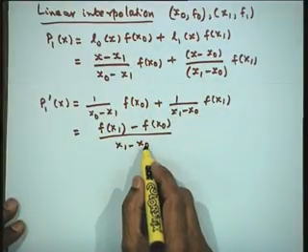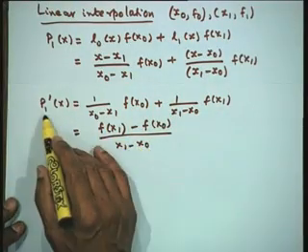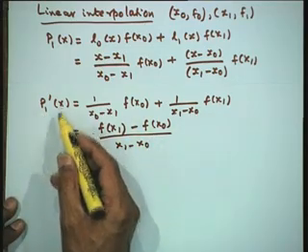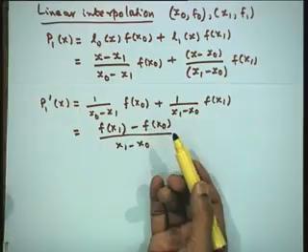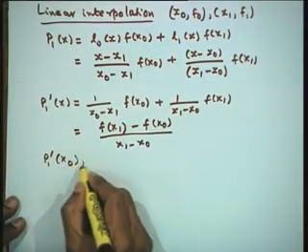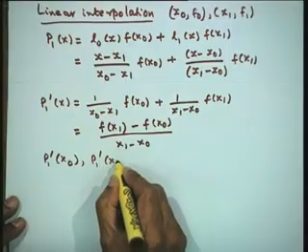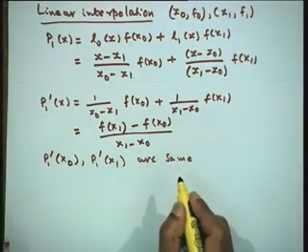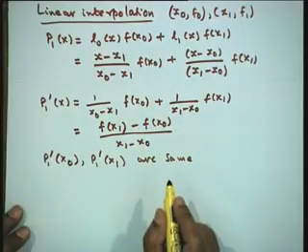Now, what does that imply? It implies that the slope is the same at both the points. If you evaluate it at x naught, it will be the same; if you evaluate at x 1, it is the same. So, that means p 1 dash at x naught and p 1 dash at x 1 are the same, slopes at both these points are the same, and it is given by this particular value.